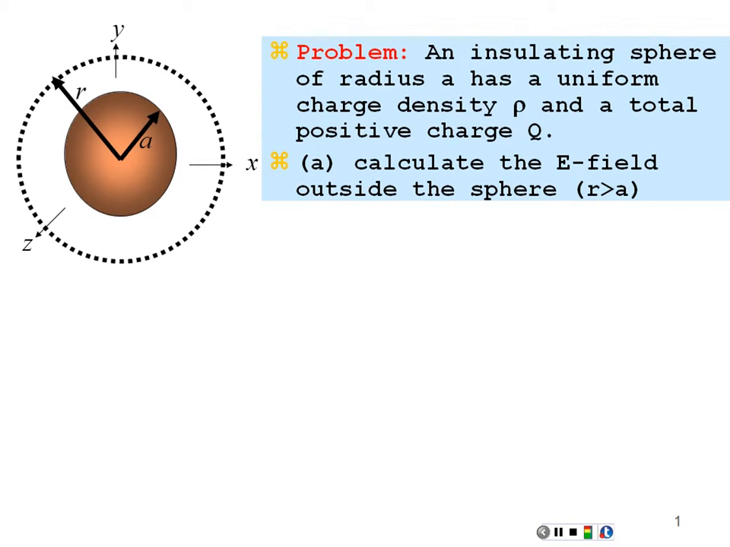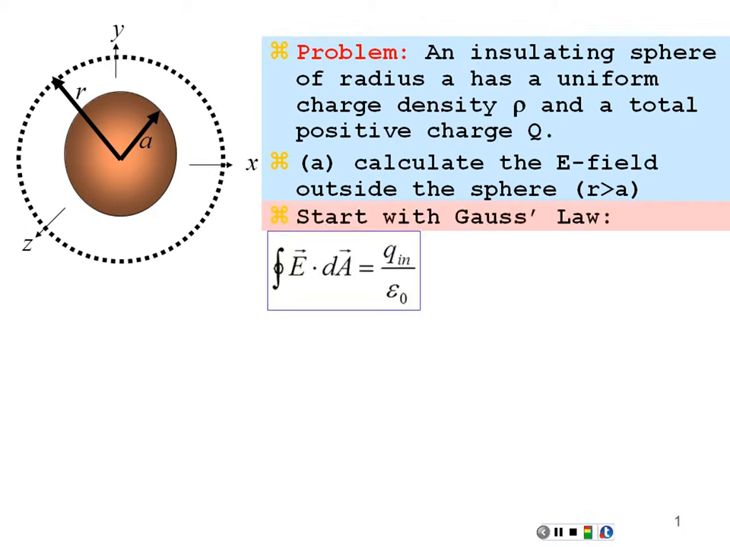Well, we're going to construct a Gaussian surface of arbitrary radius r, where r is greater than the radius of the sphere itself, A, and we're going to apply Gauss's law to that surface. So we're going to have the integral of E dot dA on that surface equal to the charge enclosed over epsilon naught. Like before with the Coulomb's law derivation, we're going to find that the E field is emanating radially outward in all directions. Hence, on the Gaussian surface, the E field and the area vector are going to be parallel